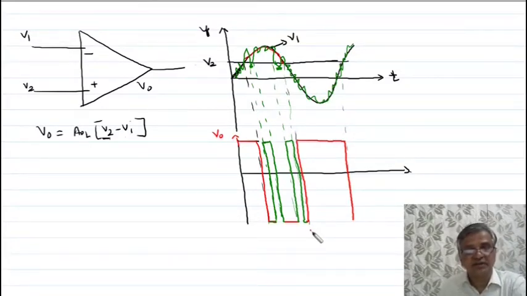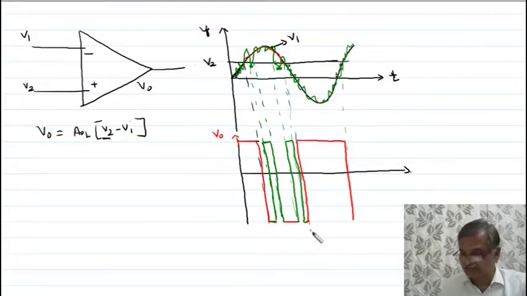In a Schmitt trigger there is noise immunity because it has two voltage threshold levels. So now you understand why a Schmitt trigger is required. A Schmitt trigger converts a slowly varying sine wave signal into a square wave signal. It has noise immunity due to the hysteresis property possessed by the Schmitt trigger.